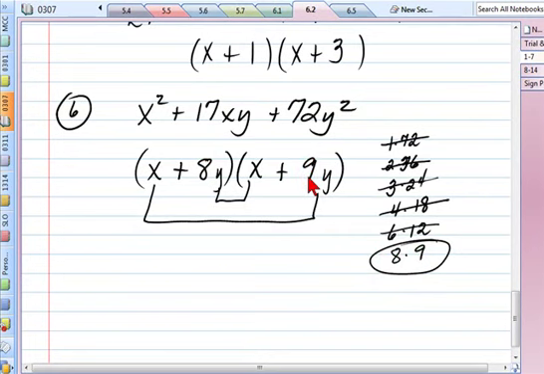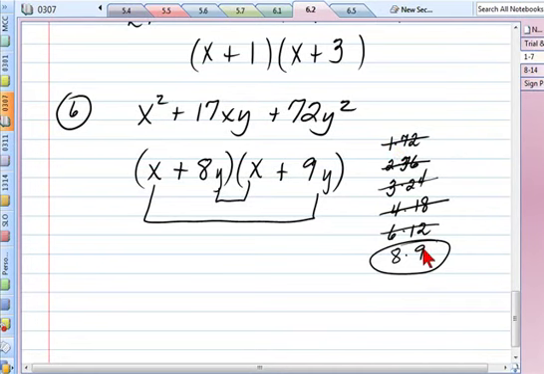Now, how many of you in class actually had thought about the 8 and 9 much earlier? Okay, and if you did, then that's great. You don't need to write a list. If the right factors pop into your head, then hooray. But if they don't, start saying 1 times what, 2 times what, 3 times what, until you find the right